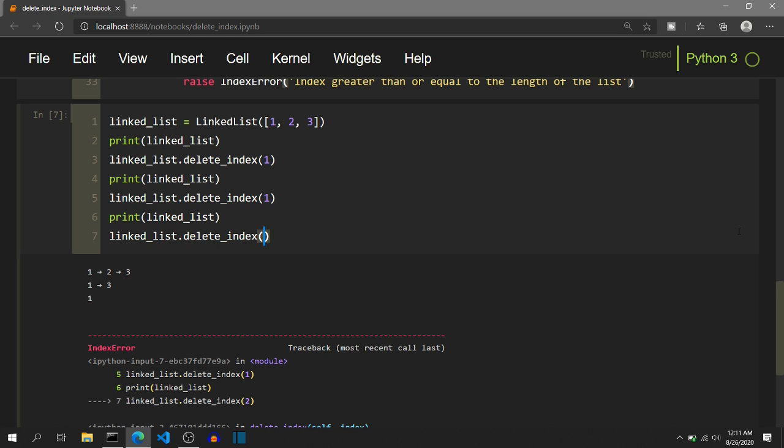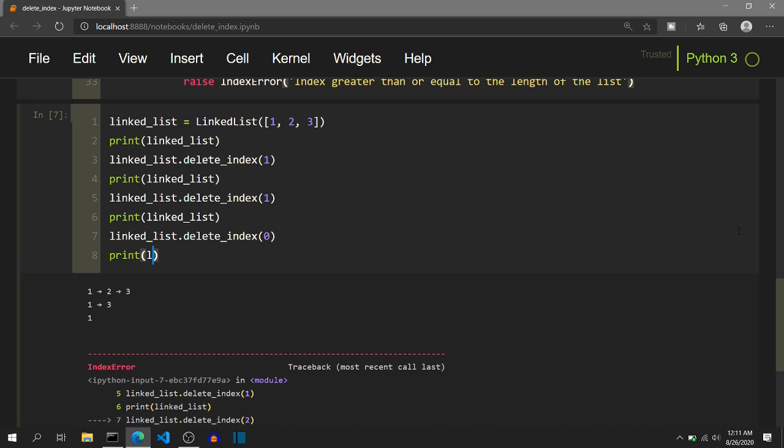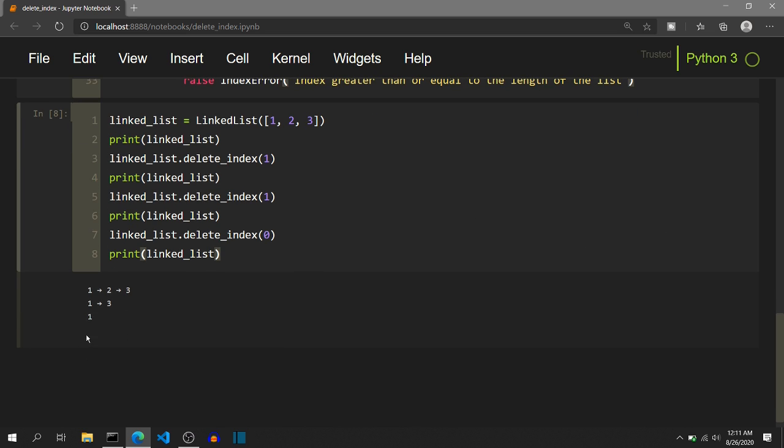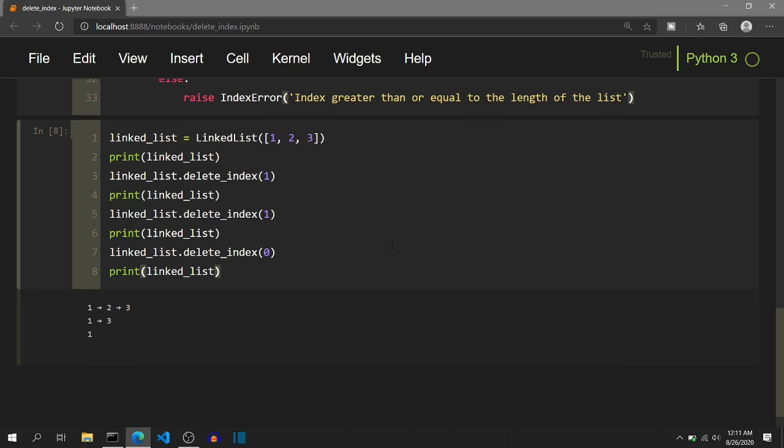So now we can see the last boundary case, that is we want to delete the node at the beginning of the list. And after this you can see a blank line over here, that means all the nodes of the linked list have been deleted. So this is how you write the code for linked list data structure and algorithm to delete nodes at a specific index. The time complexity of this algorithm is linear, that is O of n, as the node to be deleted can be at the end of the list or not present at all in the list. So we have to traverse the entire list in the worst case.